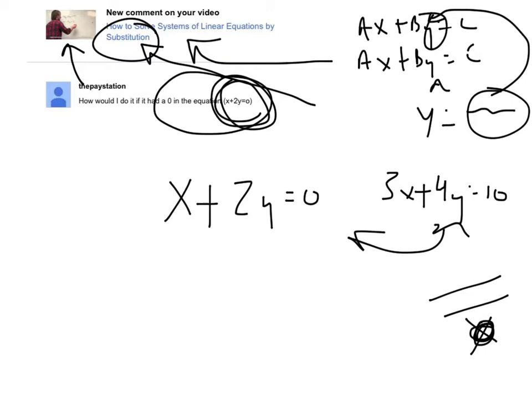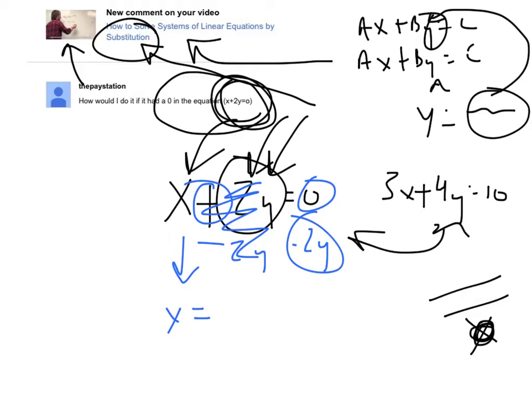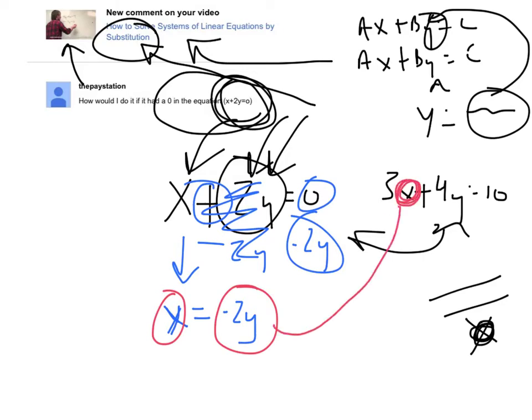Okay, so all we do in substitution is get one of our variables by itself. Do you think it's going to be easier to get y or x by itself? I'll give you a hint: x, because it doesn't have that 2 with it. So we just have to get this stuff to the other side of the equation. We do the opposite of adding, which is subtract 2y from both sides. That brings down our x. X equals, that goes away, and then 0 minus 2y is negative 2y. Really all it means is that you don't have that 0 to deal with, and it's actually kind of easier. With substitution, we're essentially saying x is the same as that, so we replace x in this equation with this.